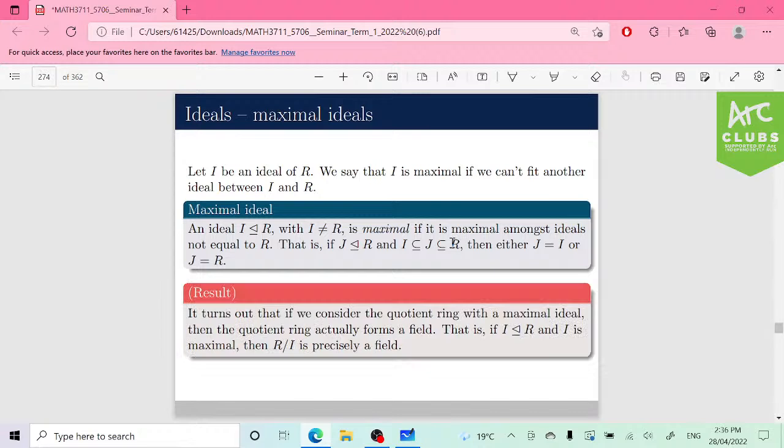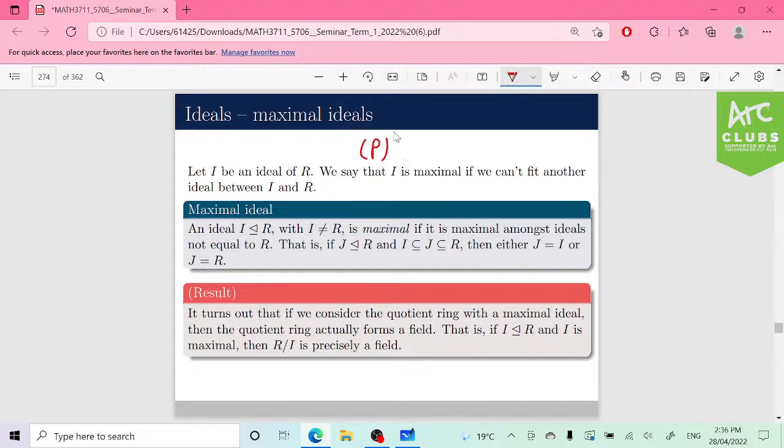And so one thing that we can talk about is the quotient ring with a maximal ideal. If we consider the quotient ring with a maximal ideal, it turns out that the quotient ring itself is actually a field. So one thing you can note here is that if you take a polynomial, or an element, P,